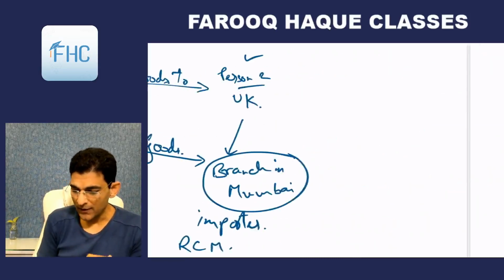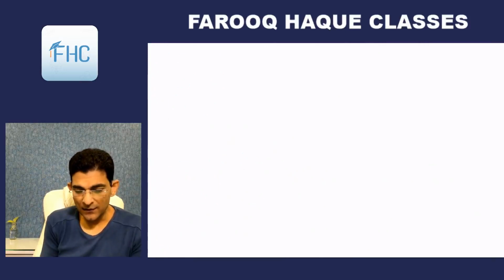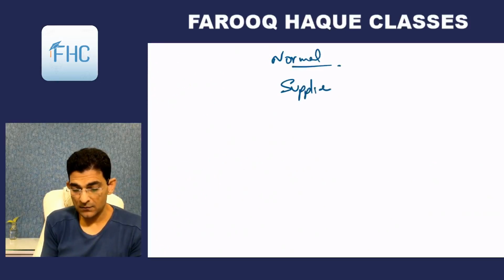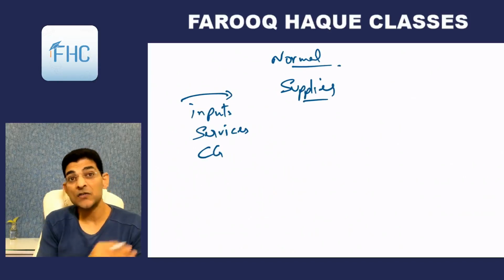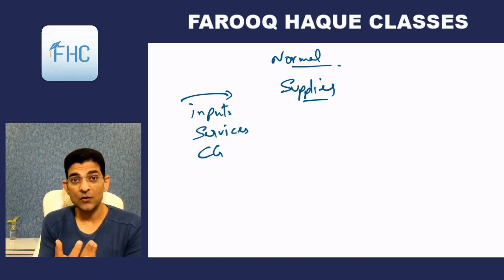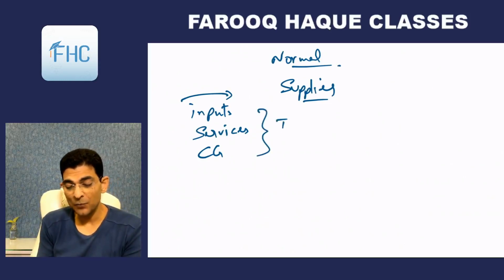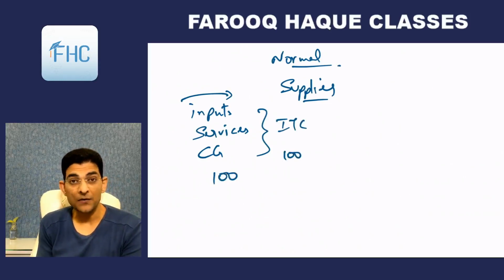So in the normal method, the supplier has two things: the inputs, the input services, and the capital goods that he receives, and he uses them in his business basically. So he takes ITC, the input tax credit, on the same. Say for example the tax is 100, so he will take ITC of 100, and then when he makes this supply,